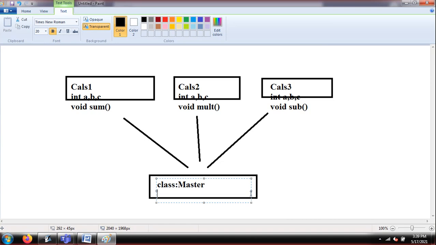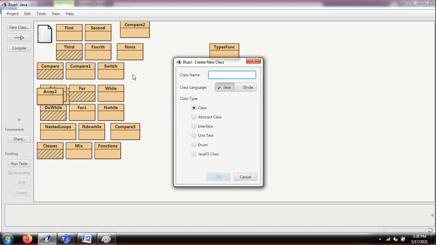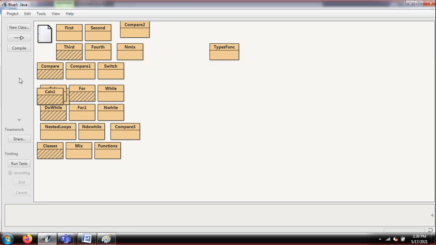What I'll be doing in this, guys, is creating objects of Cals1, Cals2, Cals3, and I'm going to call, or you can say access, the services of all these 3 classes. I'm going to write public static void main in this class. I'm not going to write PSVM in Cals1, Cals2, or Cals3, but just in this Master class. So let's start the practical without any delay. I'm going to design the same thing, whatever I have described. So I'm just writing class. This is Cals1. Guys, this is my Cals1 class.